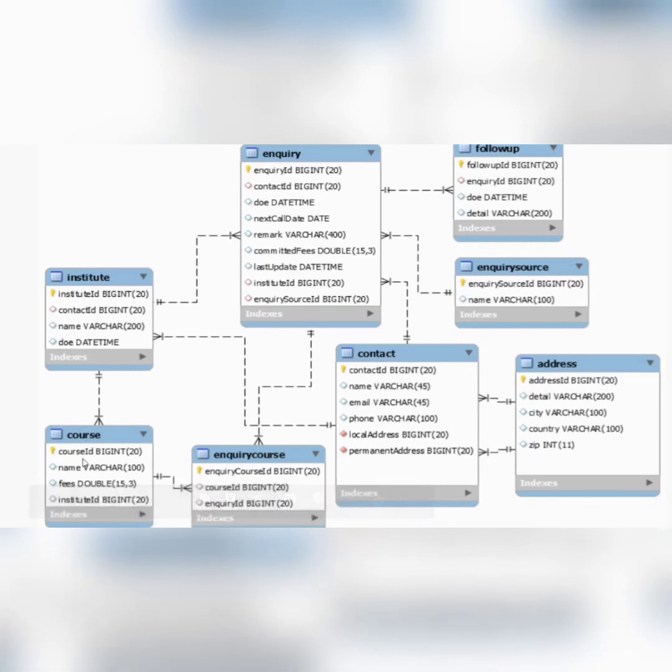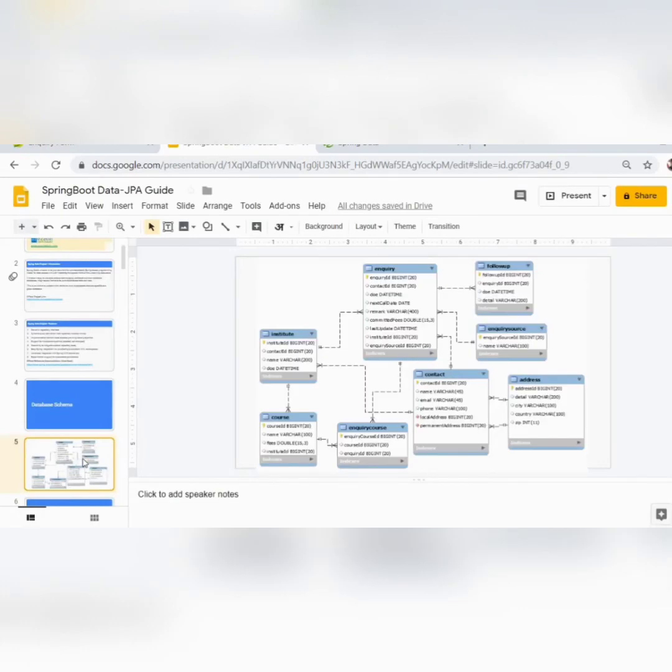So overall, 8 tables I am using here, and this will complete everything we want to learn for the Spring Data JPA project, and everything will be practical experience. Of course, my focus will be on the database operation JPA side, but I will discuss everything from beginning to end. So I hope you enjoyed this.